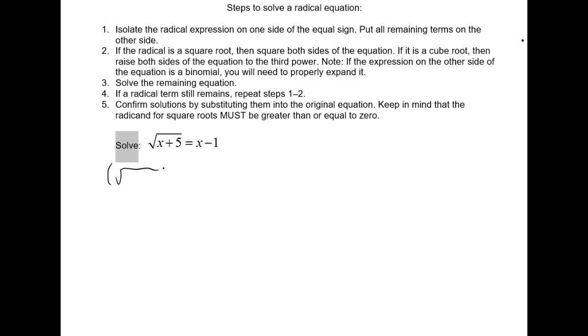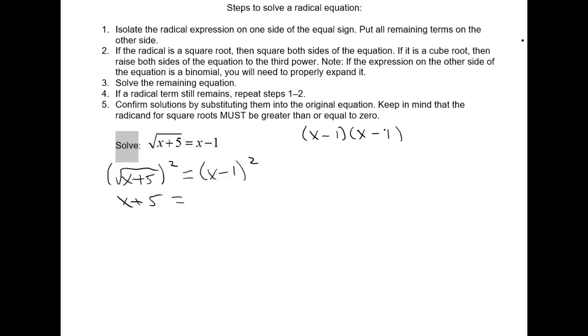So we take the square root of x plus 5 and square the left-hand side. And we take x minus 1 as a quantity, that means inside parentheses, and square that. So the square root of x plus 5 squared is simply x plus 5. Now we have a binomial x minus 1 squared, so we're going to have to use the distributive property or the FOIL method